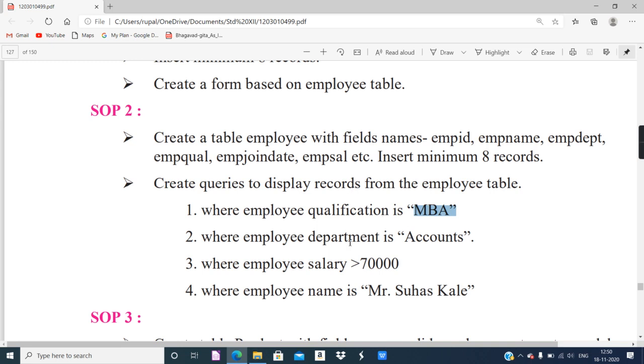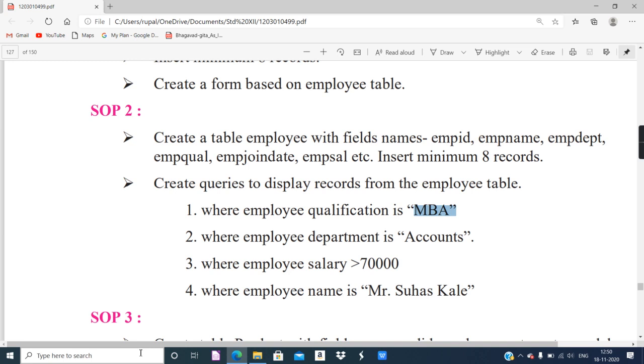It's not a single query with all 4 criteria. Then filter all those records whose salary is greater than 70,000 and filter the records where the employee name is Mr. Suhas Kale. This can be easily done with the help of SQL queries, so we will practice that.